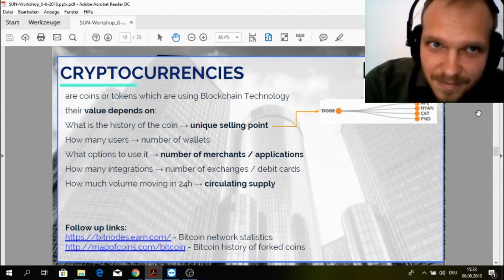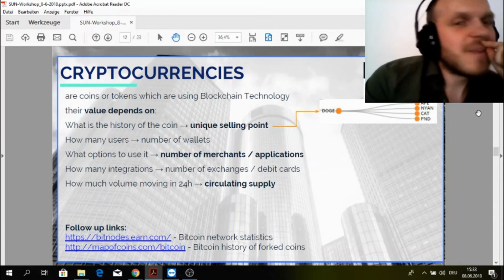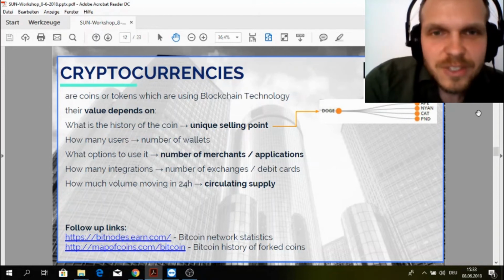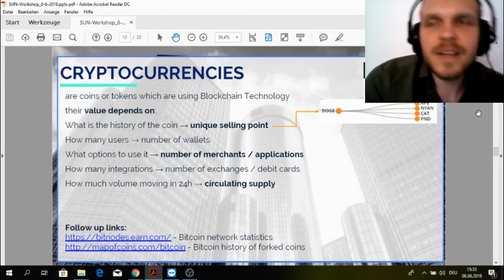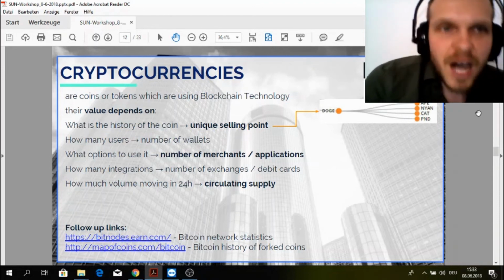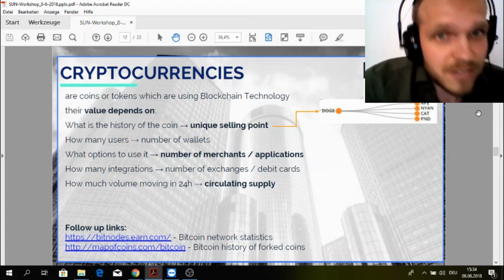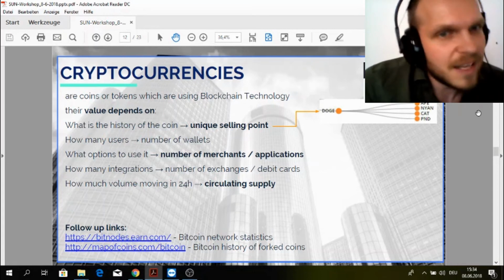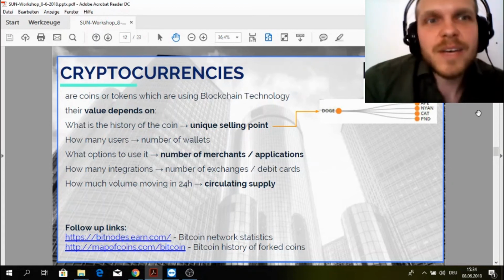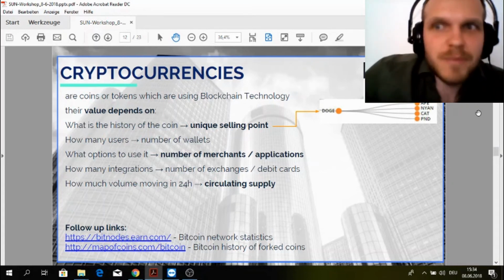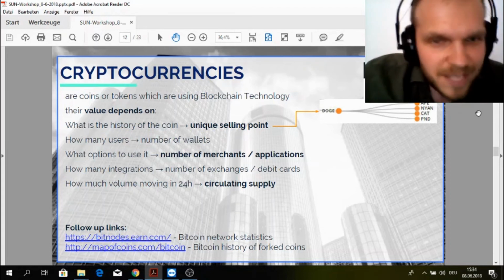Slide 12. Okay, so we have 15 minutes left until the tea break. So I will just show you a rough overview about the market and about the cryptocurrencies, which are the first big use case of blockchain, of course. Blockchain can have several other use cases, but a cryptocurrency is the most common and the most effective